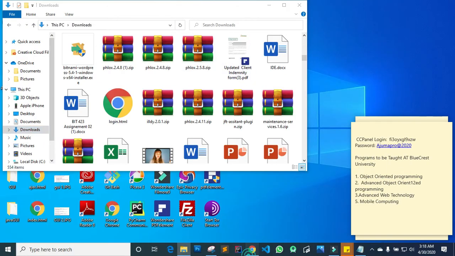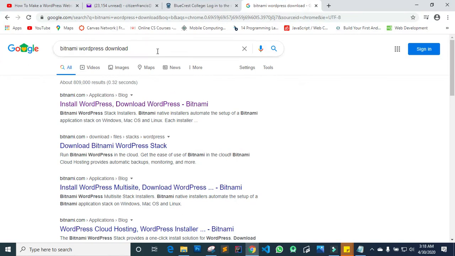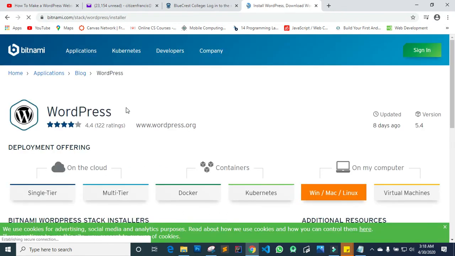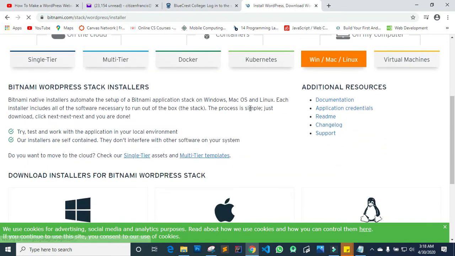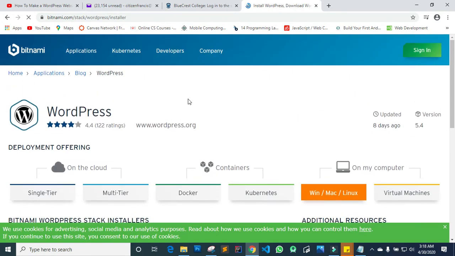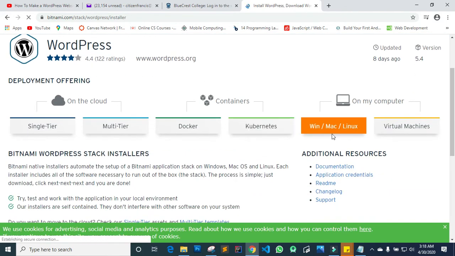Now, in installing your WordPress, you will need to go to a platform. We're using this platform called Bitnami. Bitnami is a cool platform you can download your WordPress from. It gives you the whole WordPress stack with all the platforms installed. So you realize that when you open the website, it gives you access to your WordPress